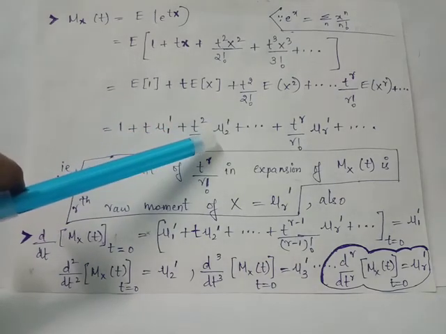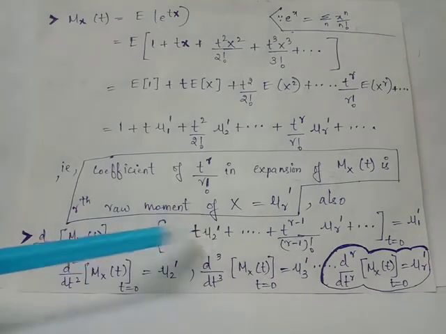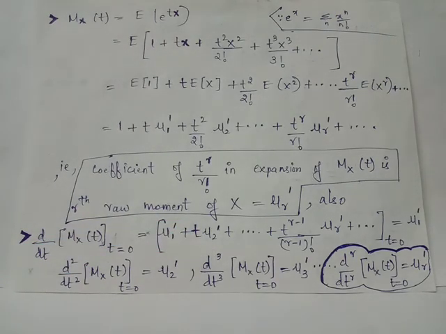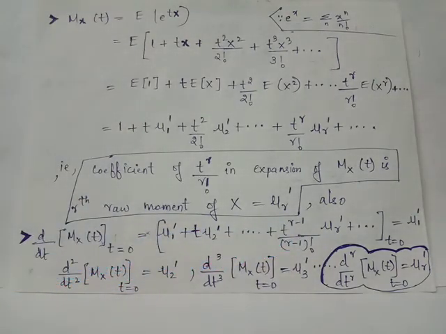The derivative of this term with respect to t will be 2 times t upon 2 factorial. 2 gets cancelled from numerator and denominator, and we have the answer after differentiation and cancellation as t mu2 dash. So in general, the differentiation of the rth term with respect to t will give us t raised to r minus 1 upon r minus 1 factorial into mu r dash as the answer. To this expression, now we have to give t equals 0. When you give t equals 0, all these terms will vanish and you have mu1 dash.